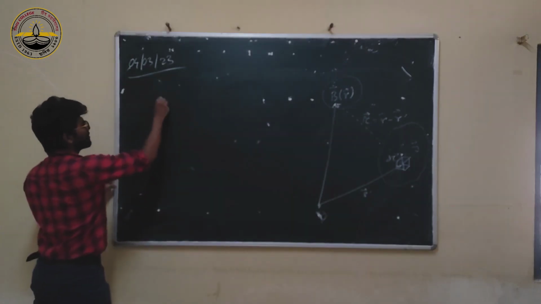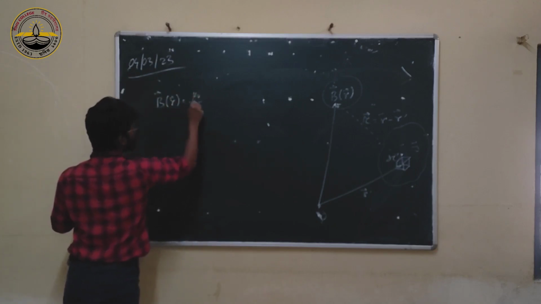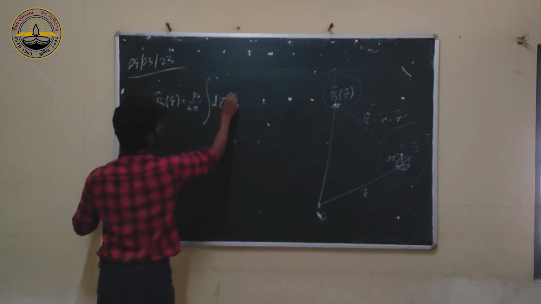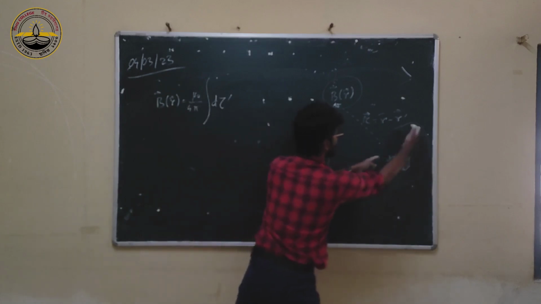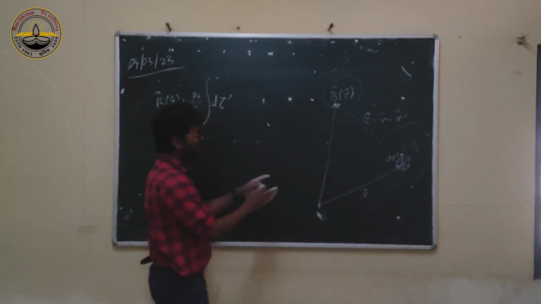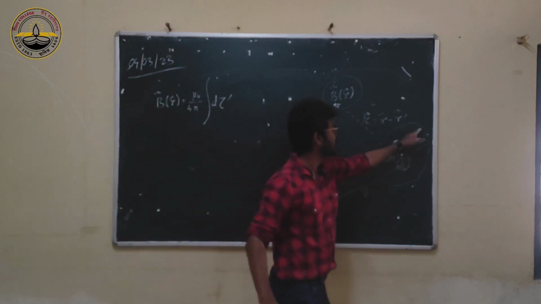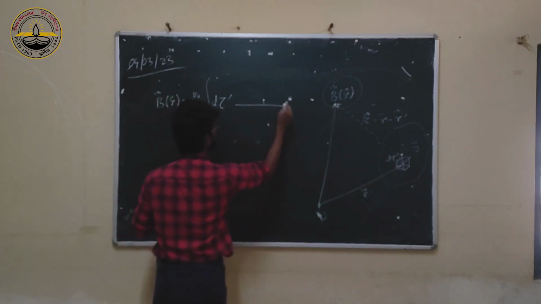Let me write the form of this: mu naught by 4 pi, integral d tau prime. That's why we are integrating all the currents, over the d tau prime coordinates. So d tau prime goes only up to the volume where the current is flowing,